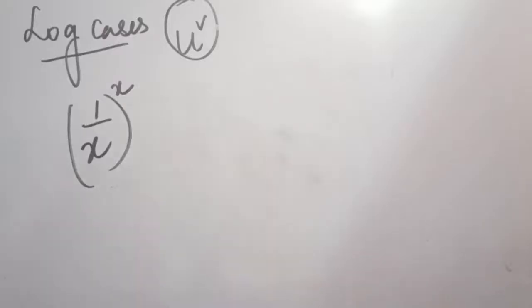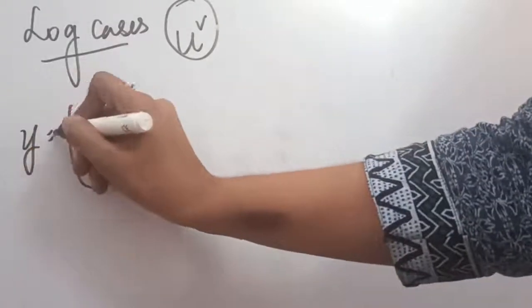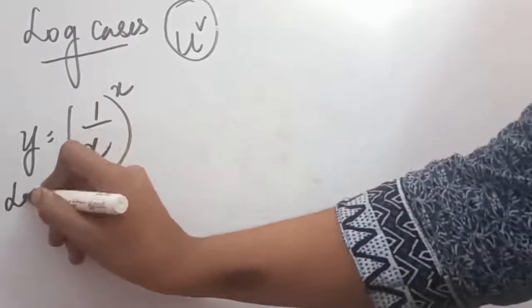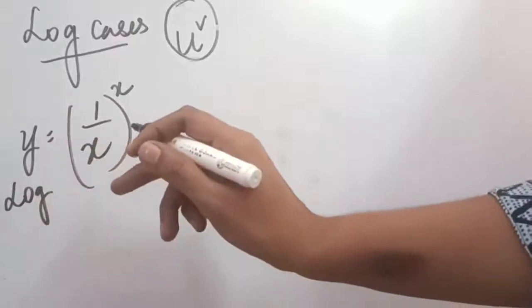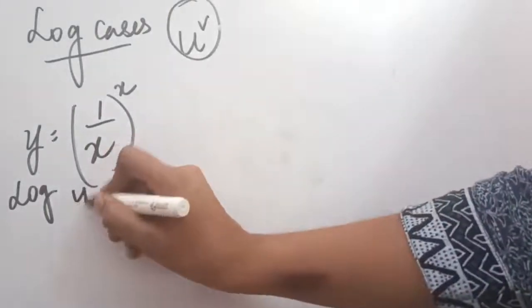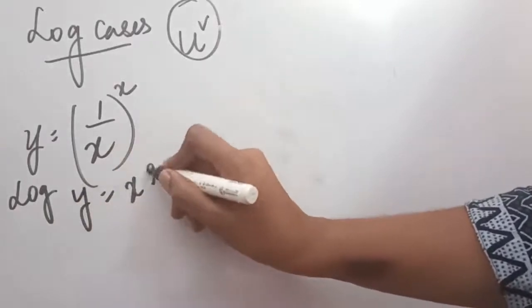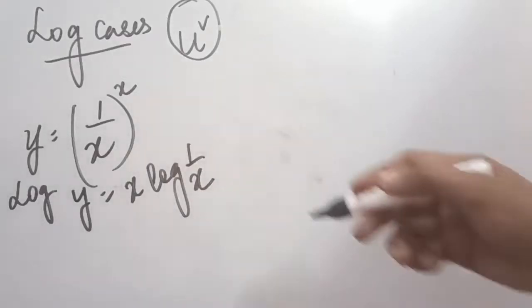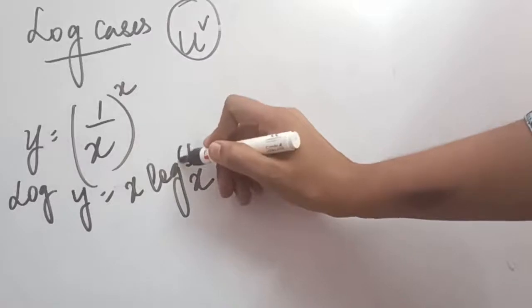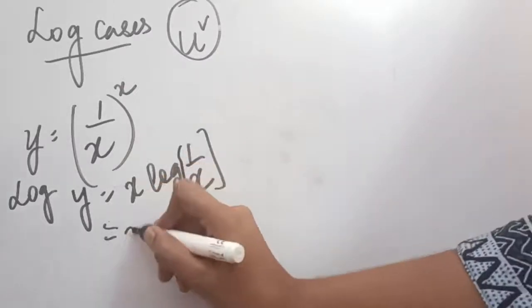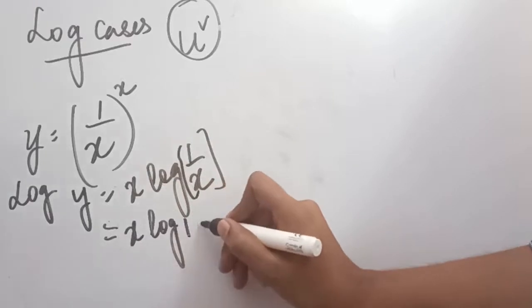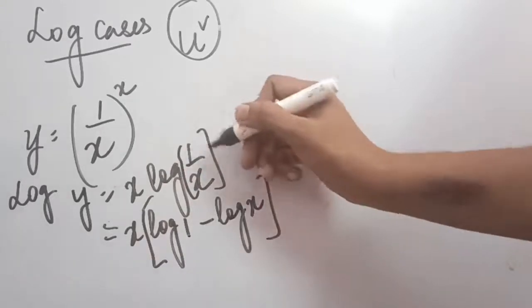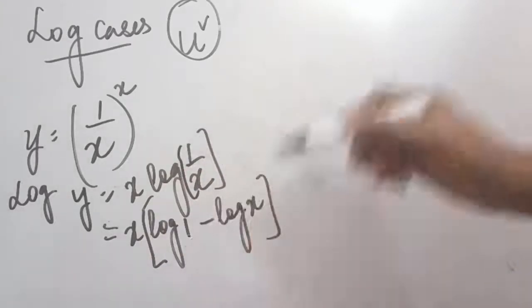This is another question which we can solve with the help of log. So let us suppose this to be equal to y. Now you will have to take log on both the sides. So on the left hand side it will be log y is equal to, this x will come in the front, it will be x log 1 upon x. Now if you want to take the differentiation, taking it directly may be a little difficult, but if we open this, x into log 1 minus log x, this also you have done, when this is m upon n principle, it is log m minus log n. So we have opened it.